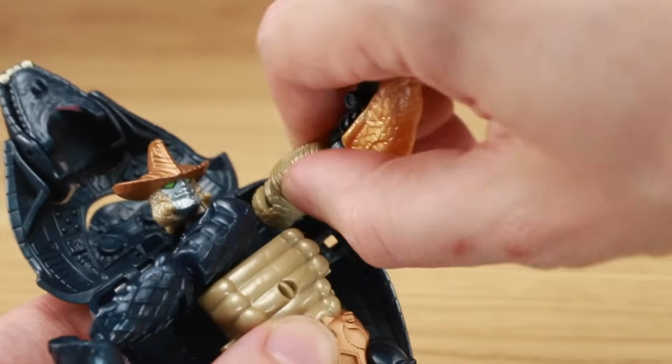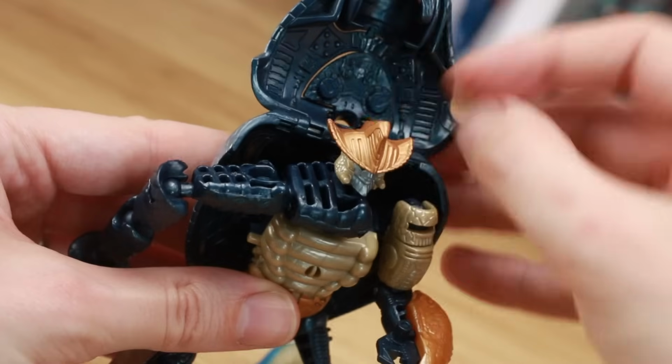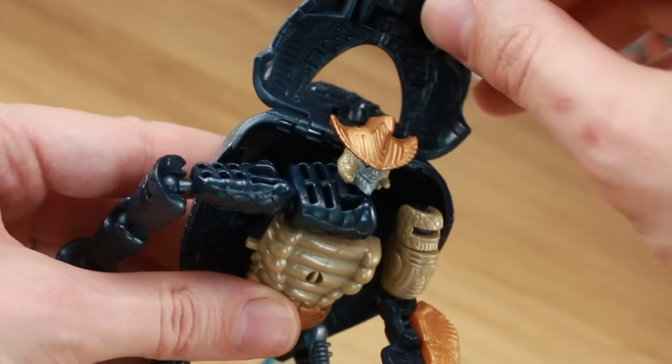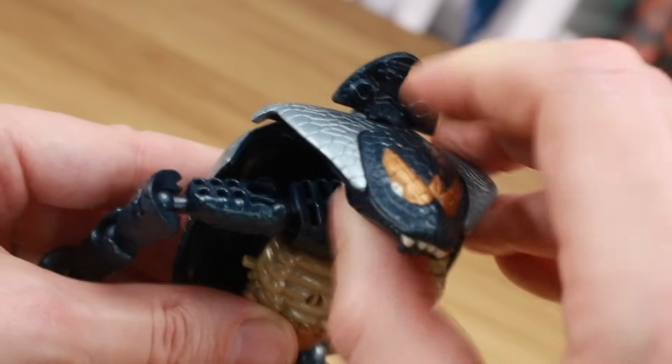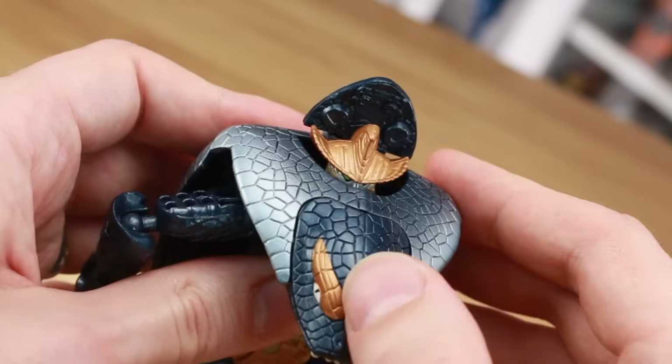Next, you just want to orientate this arm, fold it in, and then fold that elbow round like so. Next, you want to get the head through this little panel just there, so you have to flip that up. And if you get the head orientated properly, then you should just be able to move this down without too much effort anyway. It's a little bit of a tight squeeze. There is a bit of clearance that is required to get that,